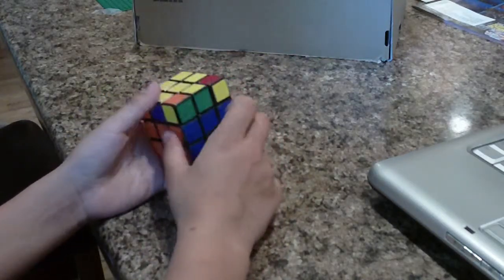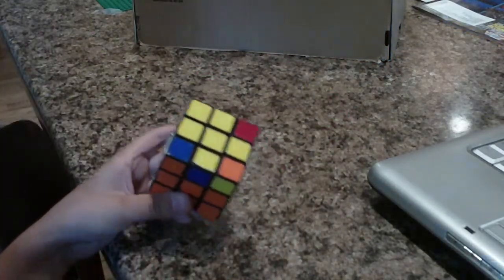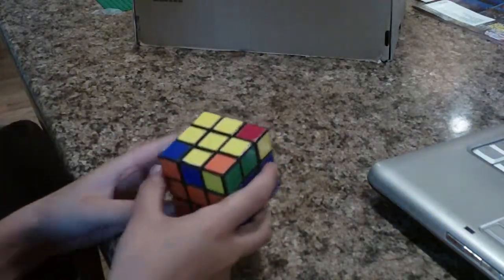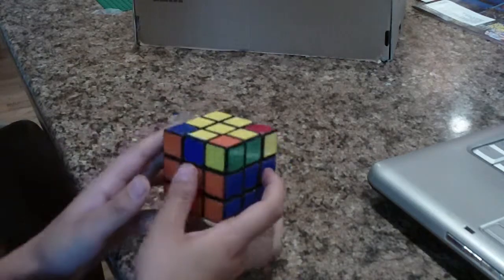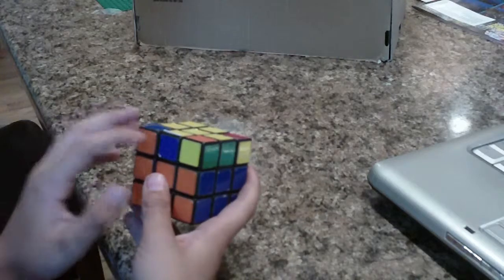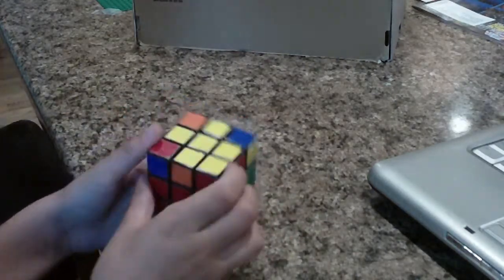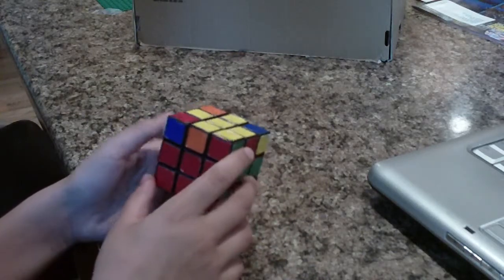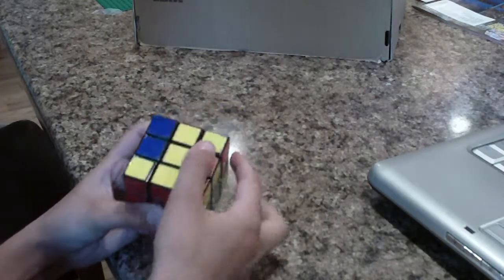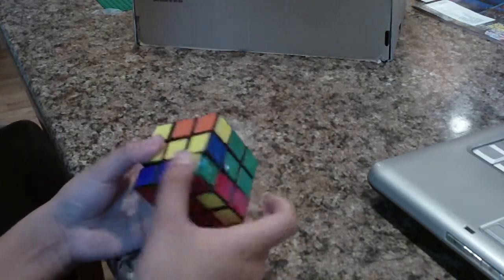And now, here's another perfect example. This is called the fish pattern. There's plenty of patterns, and see how it kind of looks like a fish, the tail, the head. Well, if you hold the fish up, where his head's facing up, if you have a piece here, which I don't, but if you have a piece here, then that's good. But if you have the piece here, you're going to turn it so the fish face is turning down, and you'll have the piece here on the side. You're going to do the same pattern, the front, the up, that I talked about earlier. Then you'll get this. If you do it again,